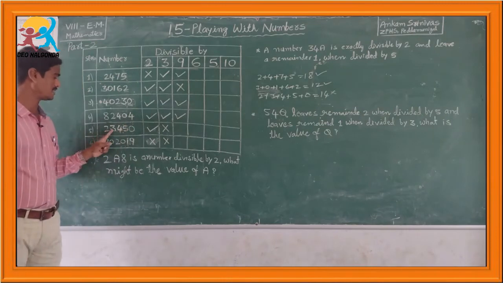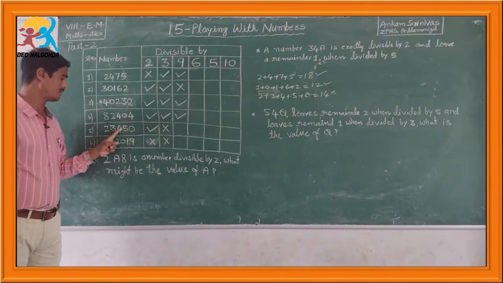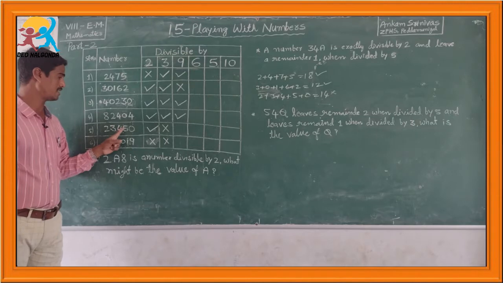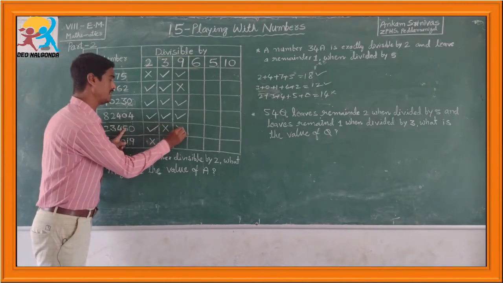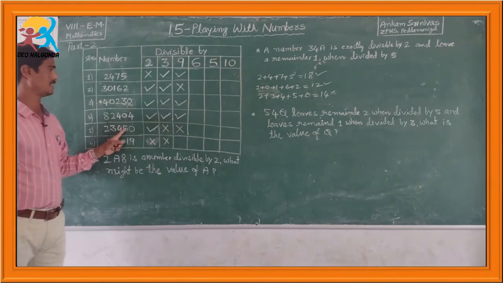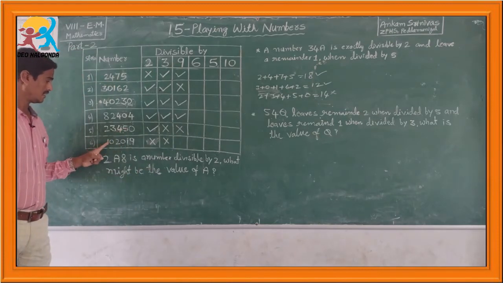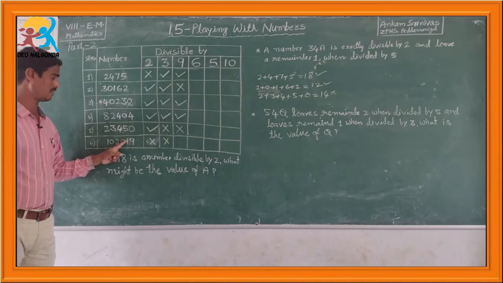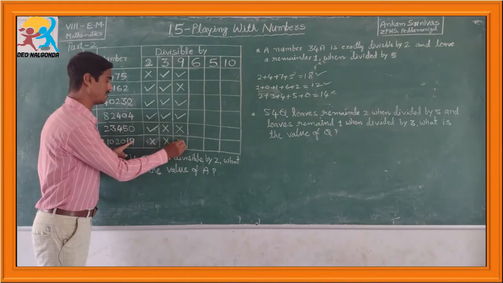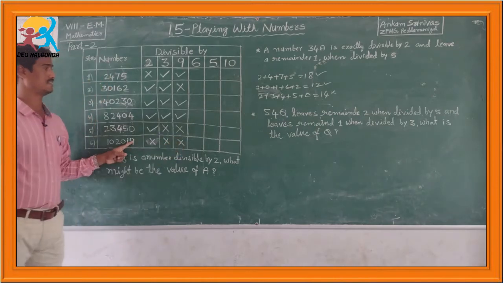And here 2 plus 3, 5. Plus 4, 9. Plus 5, 14. 14 never comes in the 9 table. So, not divisible by 9. Here 10 plus 1 plus 0, 1 plus 2, 3, 3 plus 4, 13. 13 is not divisible by 9.